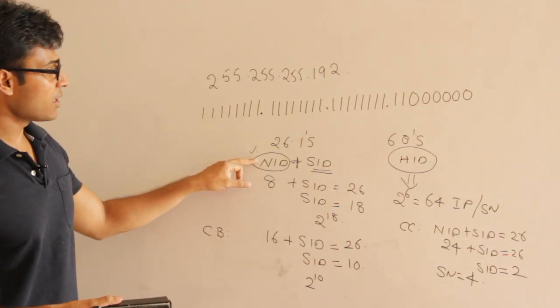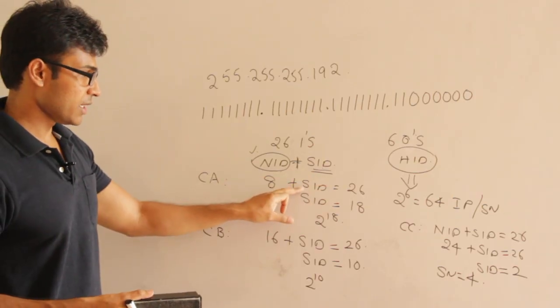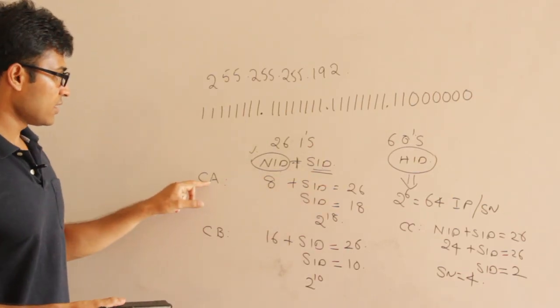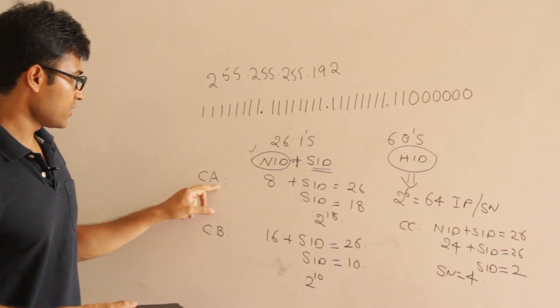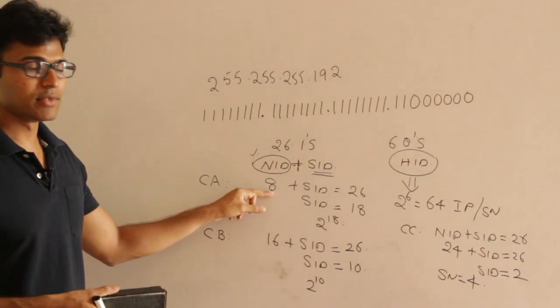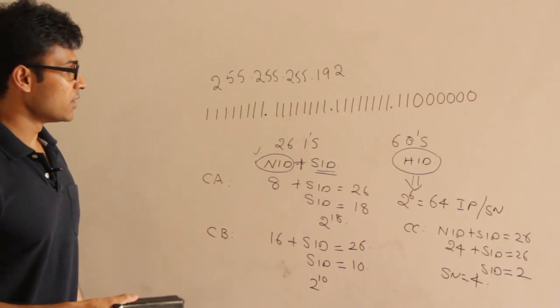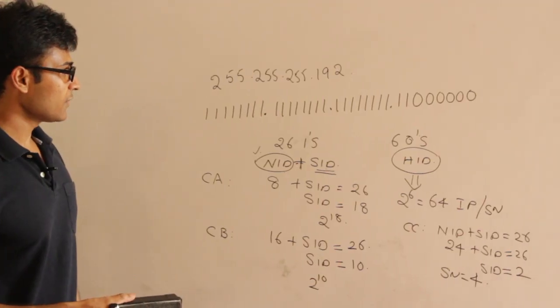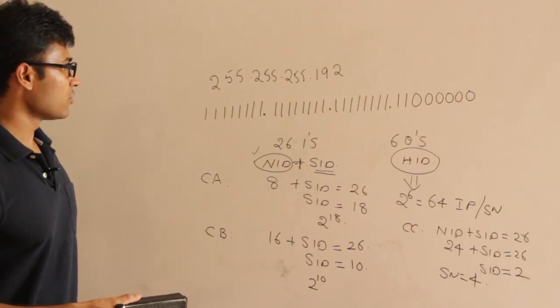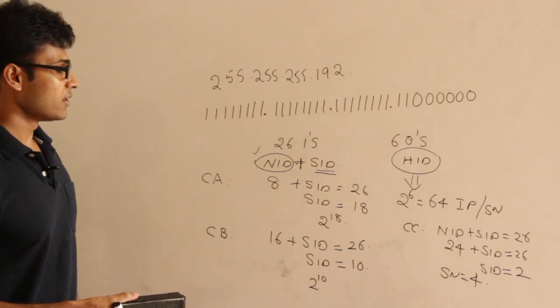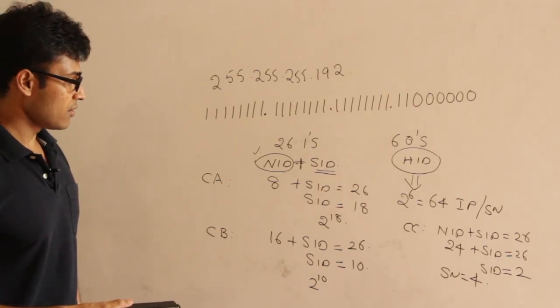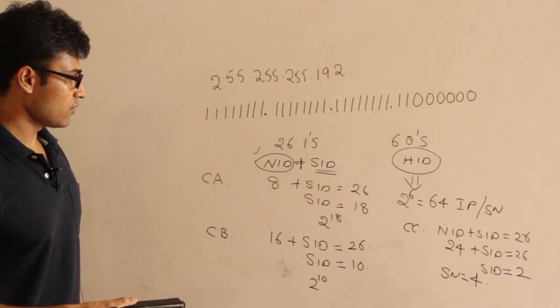Given the network ID part and the number of ones, we can derive the subnet ID part. For example, if they say that the network ID part is a class A network, then we can derive that 8 bits is the network ID. So we could do it easily, right? Fine, I'll give you some more examples about this subnet mask. And before going to that, one thing you have to note here is